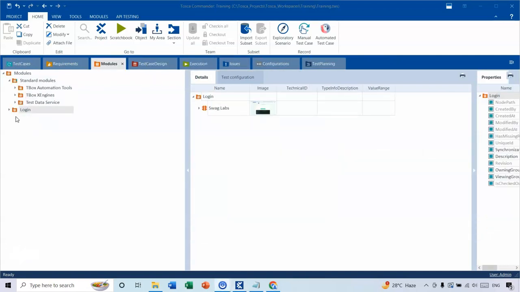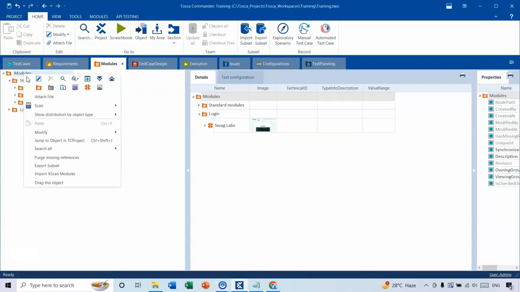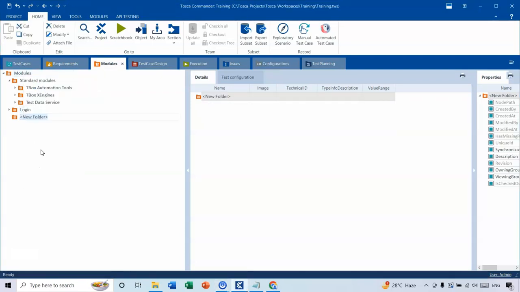So the next step is to enter the credential, right? First of all, you have to capture a module. You have to capture the application and create one customized module. So say in the module section, let me create one folder. I'll name it as invalid login, and then what I do